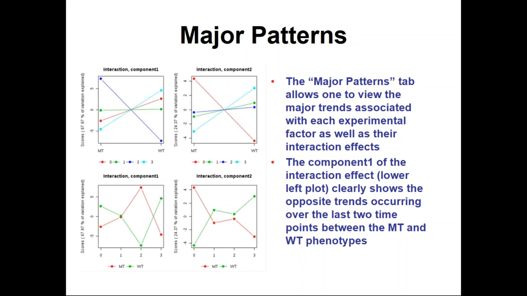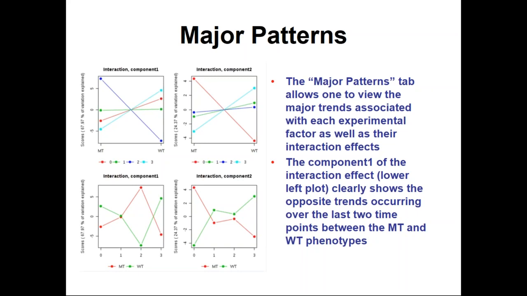There's component 1 on the left, component 2 on the right. And they're very different between the mutant and the wild type. And you can see that explanation when you look at the time trend. So this particular one, we'll pretend it's a metabolite. It's actually a component. The green one, which is the wild type, starts off reasonably high. It starts falling, plummets at time point 2, and then rises back up again. In the mutant in red, exactly the opposite, the mirror opposite occurs.